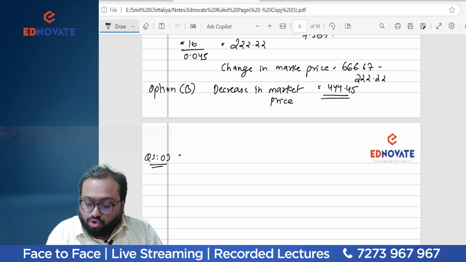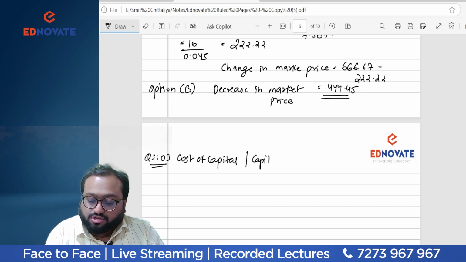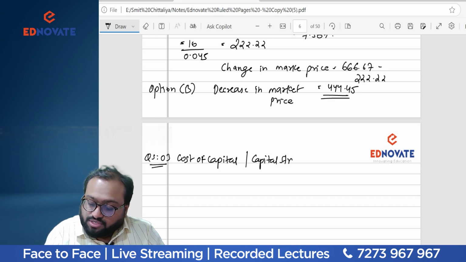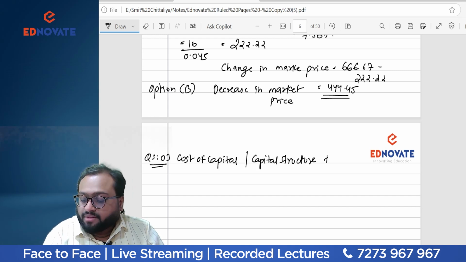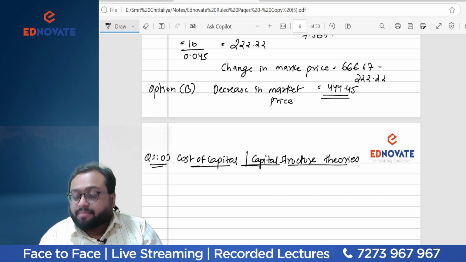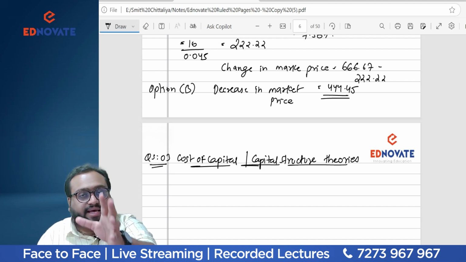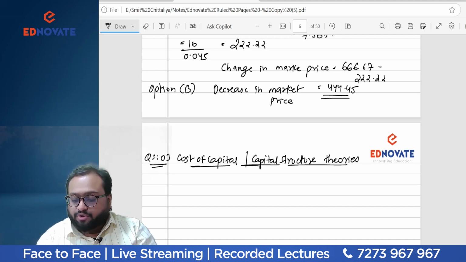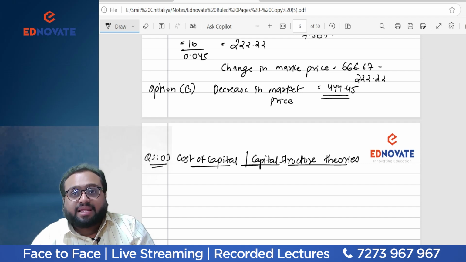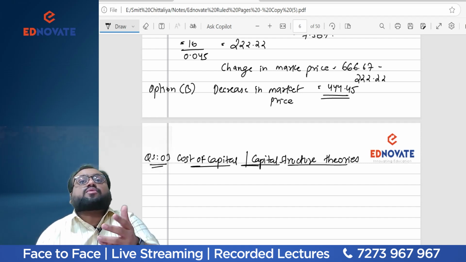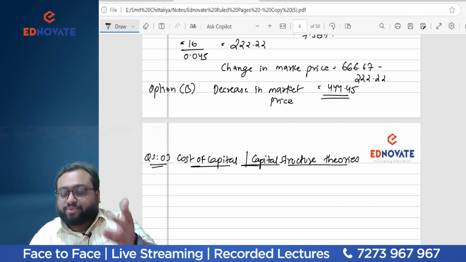Actually, this is not on cost of capital. It is a combination of cost of capital and capital structure theories. The students who have properly seen the module, the ICAI material, you will find this area, MM approach in capital structure theory. In module, you will definitely find this area, and do revise it well, because this is one of the prime elements where ICAI is regularly asking questions on MM approach with tax, without tax.